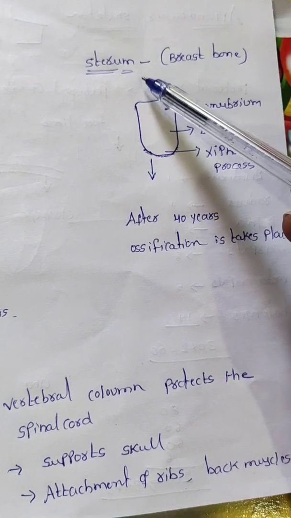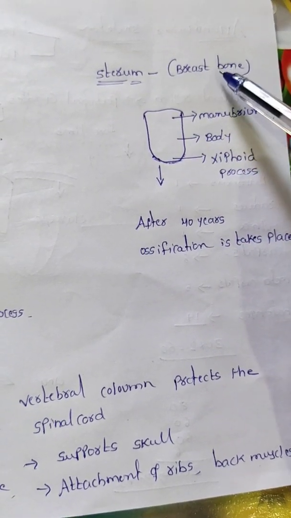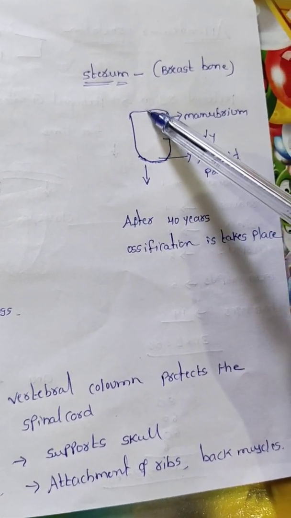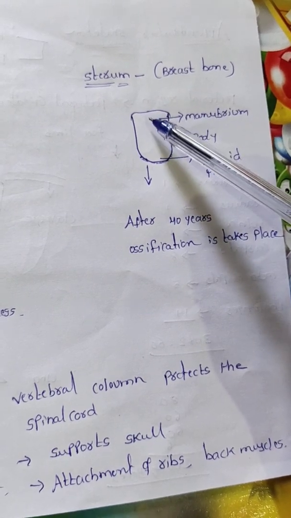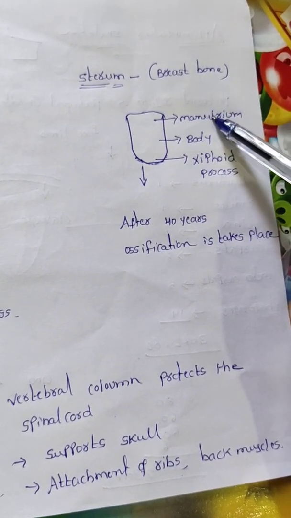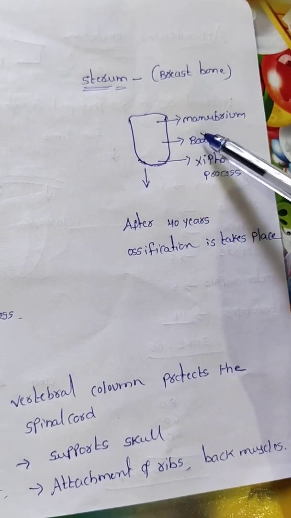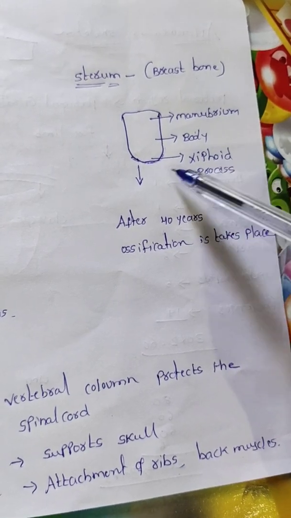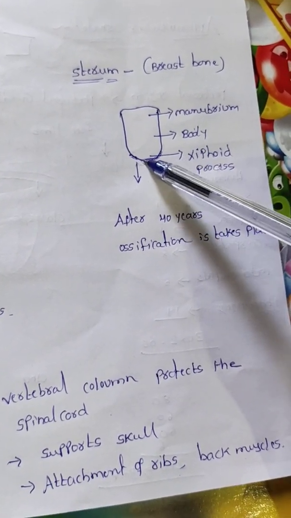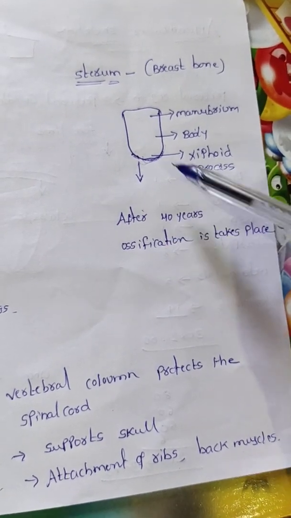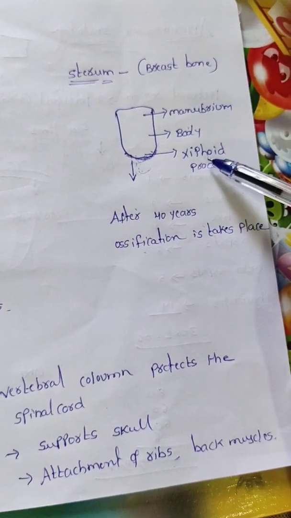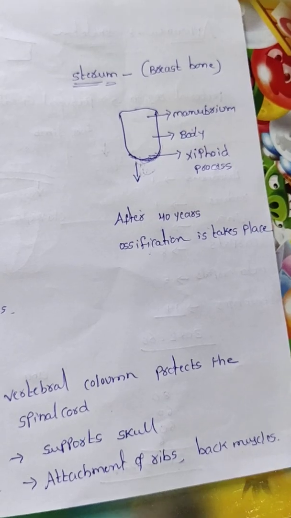Yesterday I showed the sternum. The sternum is also called the breastbone. Now you have to take this one as the sternum. This is the anterior part, the upper part. This anterior upper part is called the manubrium. The middle part is called the body and the posterior end part is called the xiphoid process. Before, there is a cartilage here, hyaline cartilage. After 40 years that cartilage is ossified, it turns into bone. Okay, now we can go to